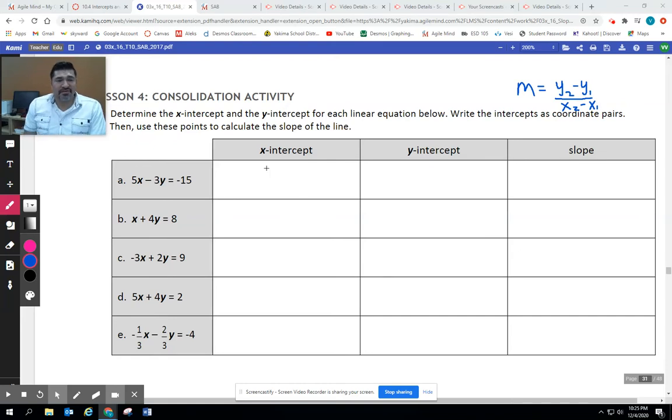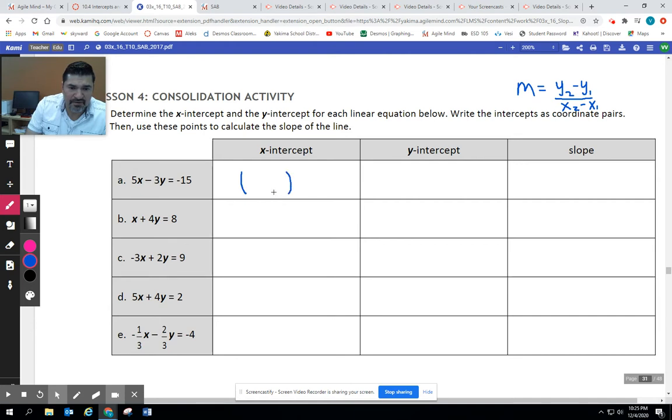Okay, so for the consolidation activity, here are the directions. It says determine the x-intercept and the y-intercept for each linear equation below. Write the intercepts as coordinate pairs. Then use these points to calculate the slope of a line. So remember, to find the x-intercept,